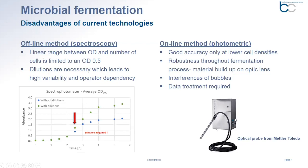However, the drawback here is that this linear relationship from a standard spectrophotometer between the optical density and our cell concentration is only up to an OD of 0.5, meaning all our fermentation samples that exceed the OD of 0.5 need to be diluted, which we can also see in this little graph on the lower left-hand corner,